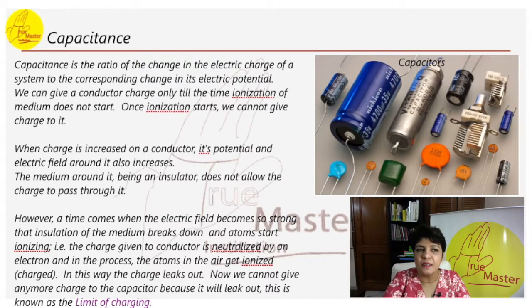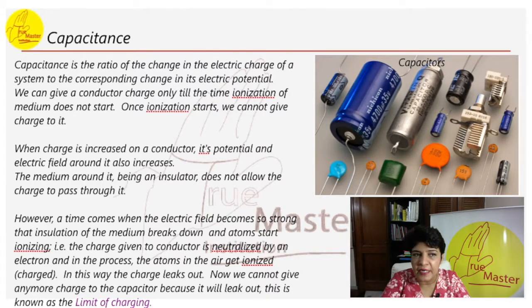A capacitor is a device that stores electrical energy. It is a passive electronic component with two terminals. The effect of a capacitor is known as capacitance. Most capacitors contain at least two electrical conductors, often in the form of metallic plates or surfaces separated by a dielectric medium. This picture here indicates the various capacitors available in the market.